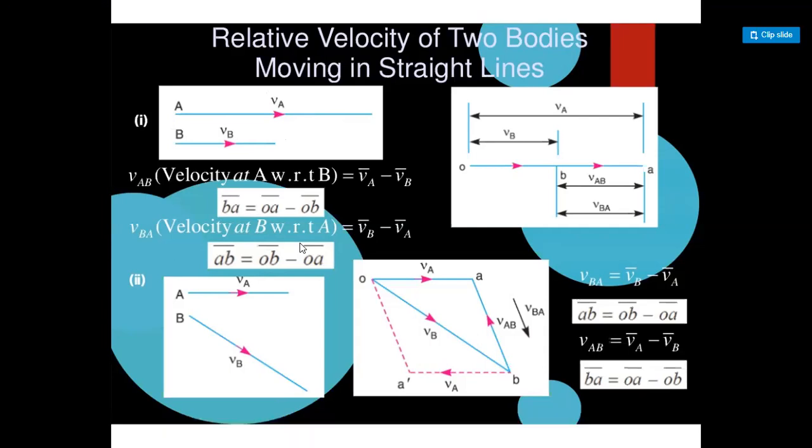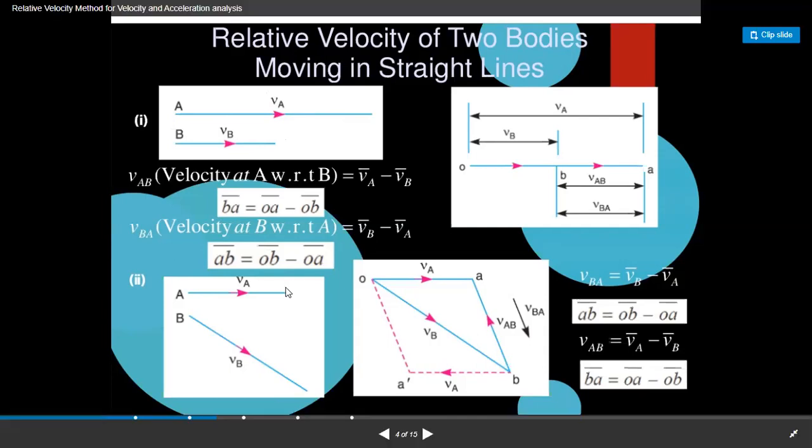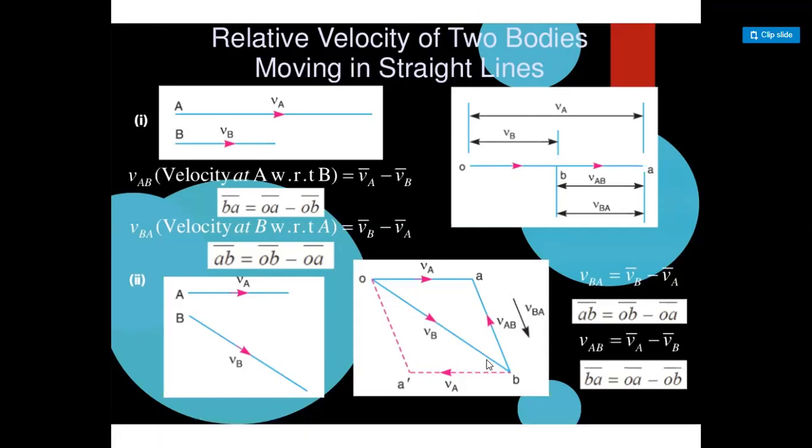Now suppose two different objects are moving in different directions with different velocities. Suppose A is moving in the direction of west with velocity VA and B is moving at an angle theta at the velocity VB. Then we can get the resultant velocity, or you can say the relative velocity, by the triangle method. How can we derive the triangle method?